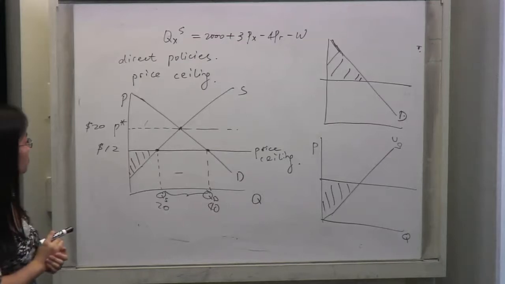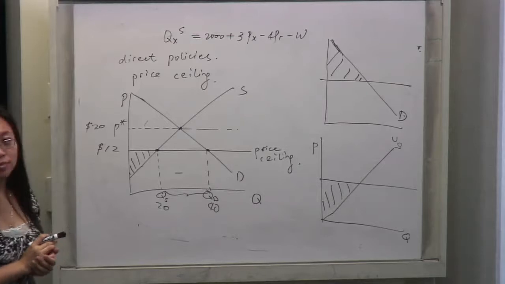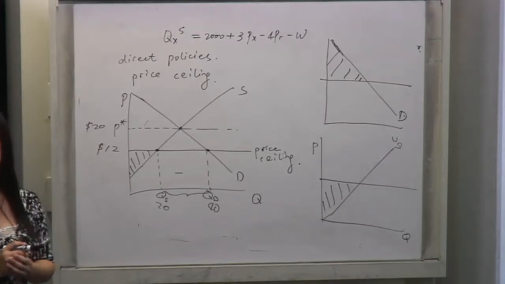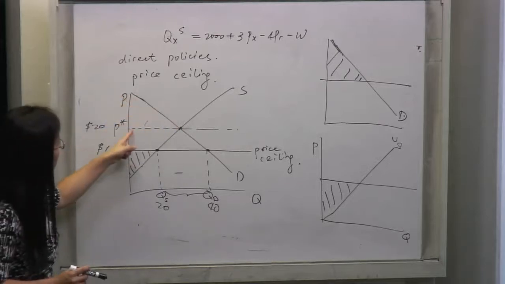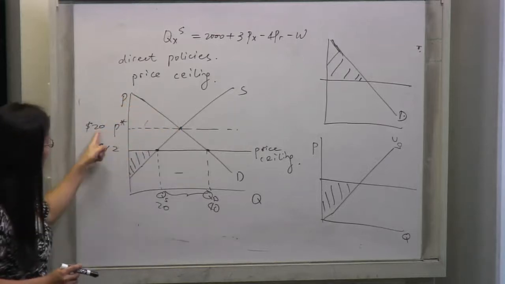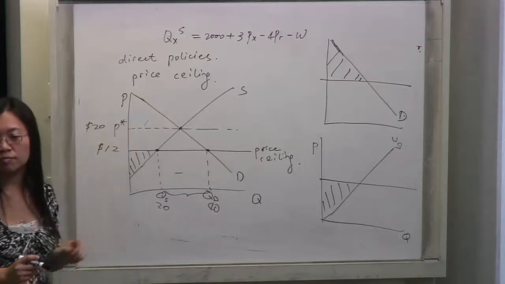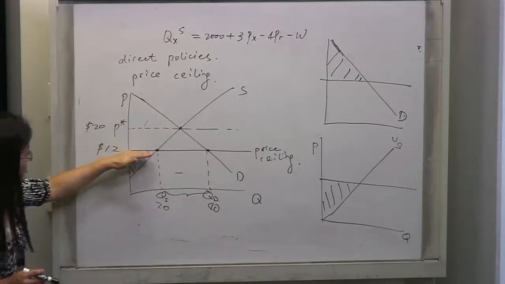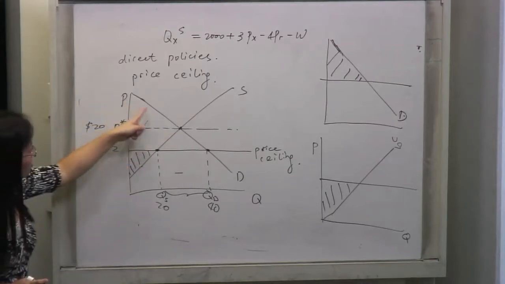Shade the consumer surplus for me, if you would. Where's the consumer surplus on your original graph? It will be here. Originally, if there's no price ceiling and that's the market price, this will be the consumer surplus, right? But now the price ceiling policy is used. So it's the whole top part. This whole thing? Yeah.